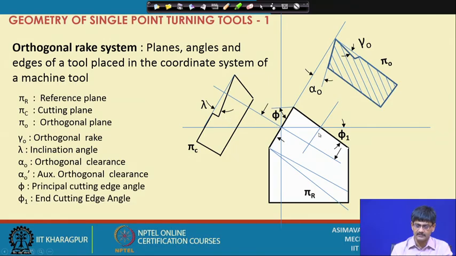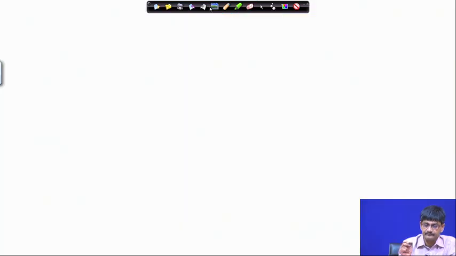I am sure that you will be able to find out similar angles for the auxiliary cutting edge if it is required. How do we define them? Just like alpha O has been defined here, we have alpha O dash also, the auxiliary orthogonal clearance. Okay. How do we define this system? Let us have a look. We can define it this way: